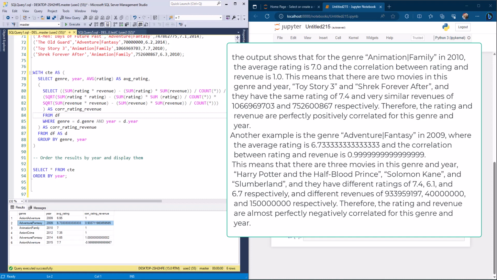That means there are three movies in this genre and year: Harry Potter and the Half-Blood Prince, Solomon Kane, and Slumberland, with different ratings of 7.4, 6.1 and 6.7 respectively, and different revenue respectively. Therefore, the rating and revenue are almost perfectly negatively correlated for this genre and year. Okay, and